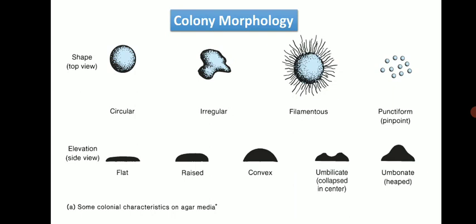Different kinds of microbes produce different colonies. So we can get different clues after identifying colony morphology, and it tells us more about the bacteria. A specific colony is produced by a specific kind of microorganism. Not all microbes produce the same or similar colonies. There are different types of microbes and they produce different colonies. So by observing colony morphology, we can get a fair clue of what type of microbe it might be.